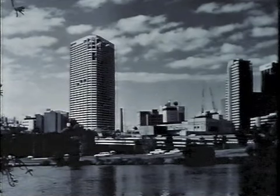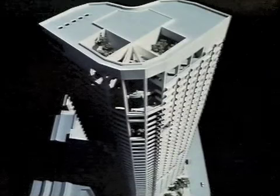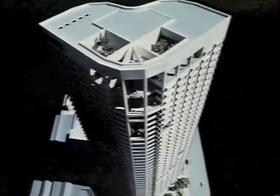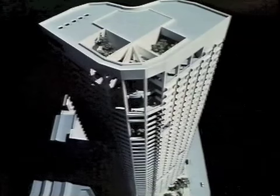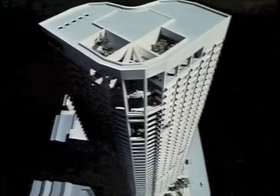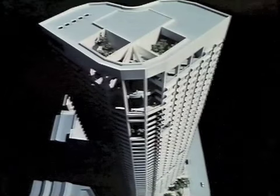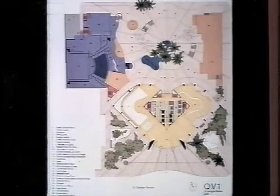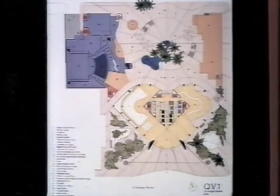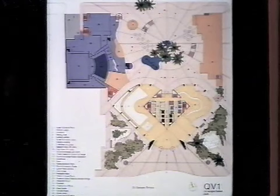Now, let's have a look at what it really looks like. That's its view from the south to show the shape of the building and the way its windows are exposed on these two broad sides. And here's a plan. The plan shows that the building is placed on the southern end of the site. The site is this large rectangle here,